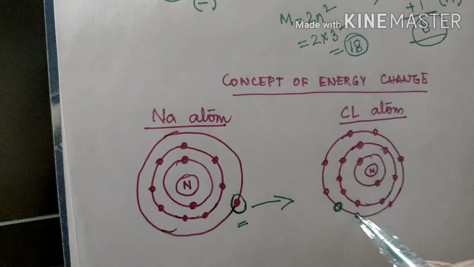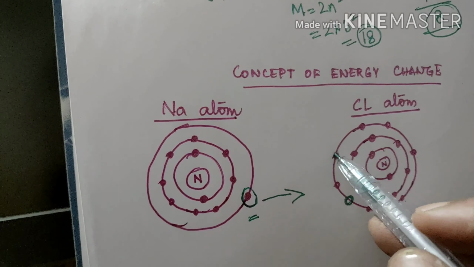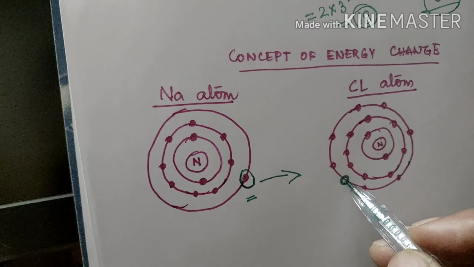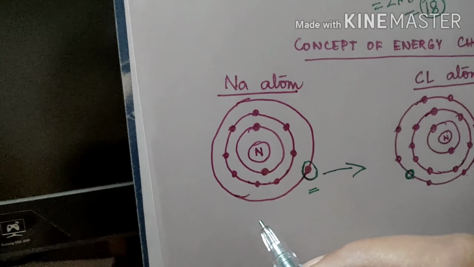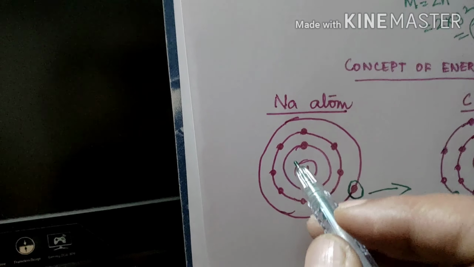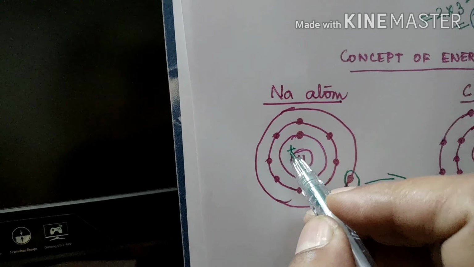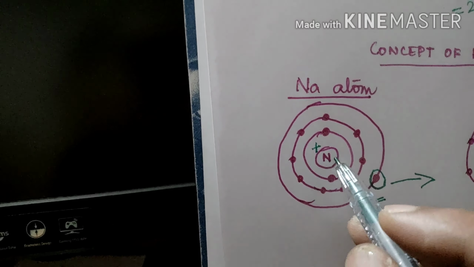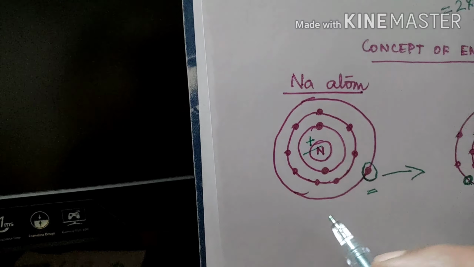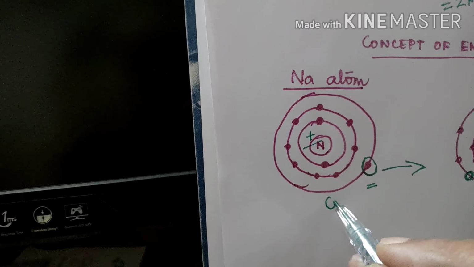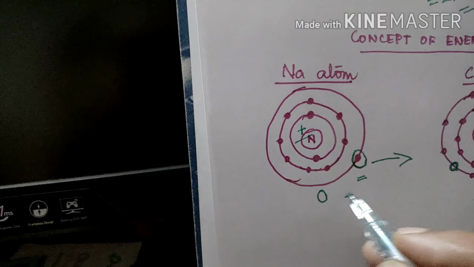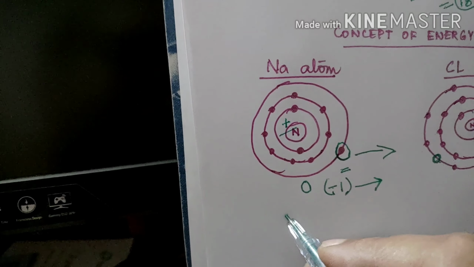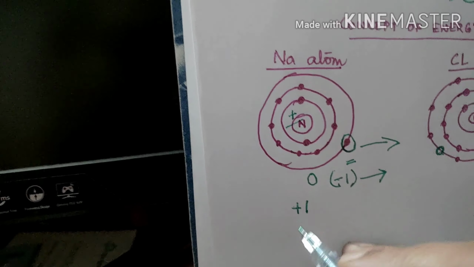Here you count 1, 2, 3, 4, 5, 6, 7, 8. So obviously it will be accepted here. Before losing an electron, you know that the nucleus is positively charged and the electrons' total charge is equal to the charge in the nucleus. Total charge is 0. Now one negative charge is going outward, so it will be charged as +1